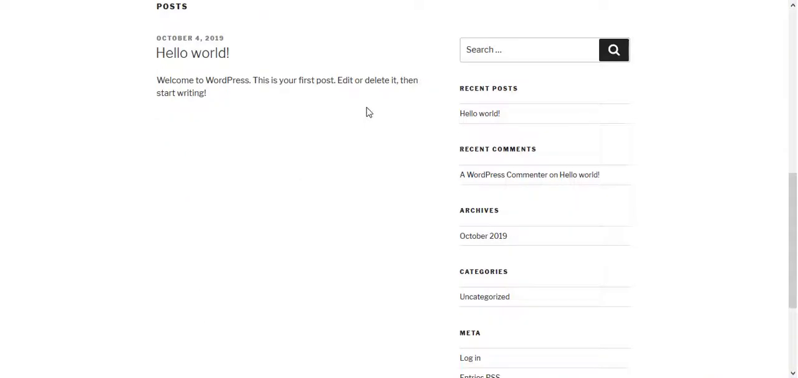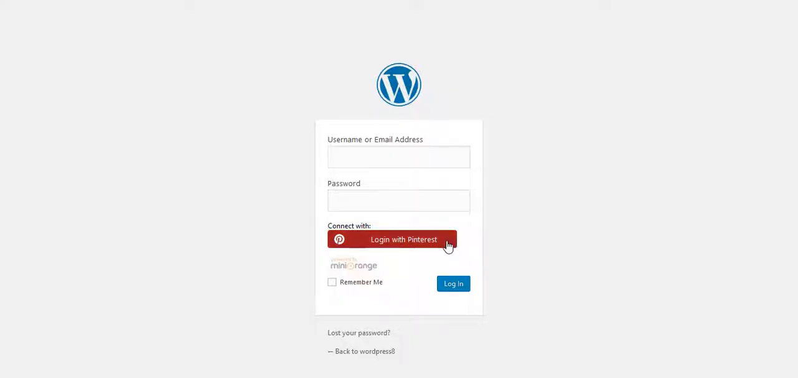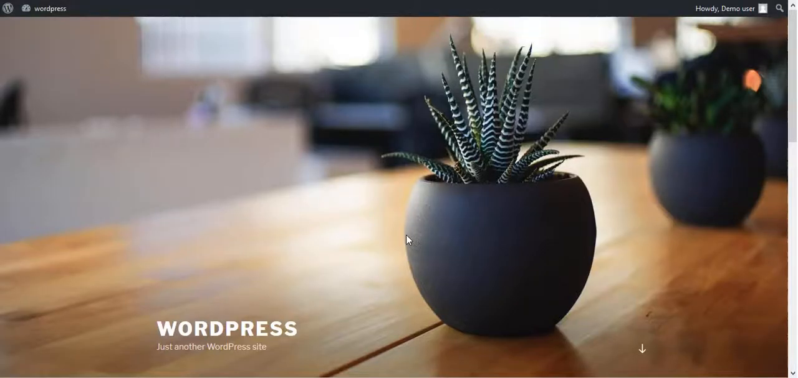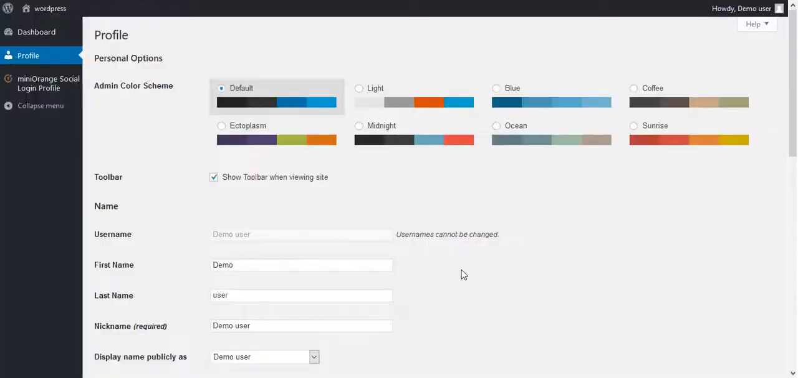Open new tab, go on login page. On login form, click on Pinterest icon. You will get successfully logged into the website. This will create new account using Pinterest